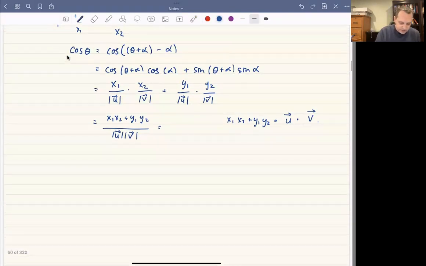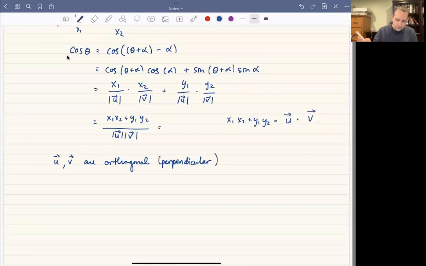And in particular, it turns out that u and v are orthogonal. Orthogonal is a mathematician fancy word for perpendicular. But orthogonal is the real mature mathematician word that we're going to use. So orthogonal, by the way, means a right angle or a straight angle. Ortho meaning straight. So you go to the orthodontist or the orthopedist so that they can straighten your teeth or straighten your foot or whatever. So orthogonal just means right angle. Anyways, u and v are orthogonal if, and only if,